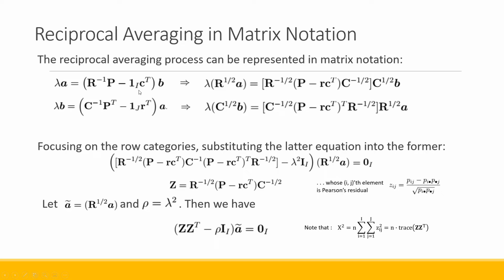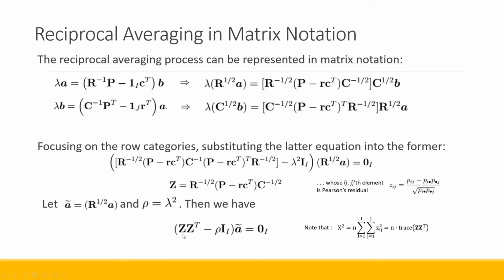The matrix C is a diagonal matrix for the sum of the columns. The vector R is the vector for the sum of the rows. The vectors A and B are the row scores and the column scores respectively. We have also done some matrix algebra here so that we can rearrange the reciprocal averaging equation into the format that satisfies the eigenvalue equation,